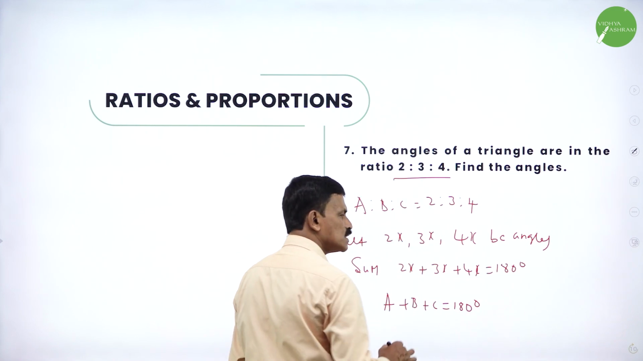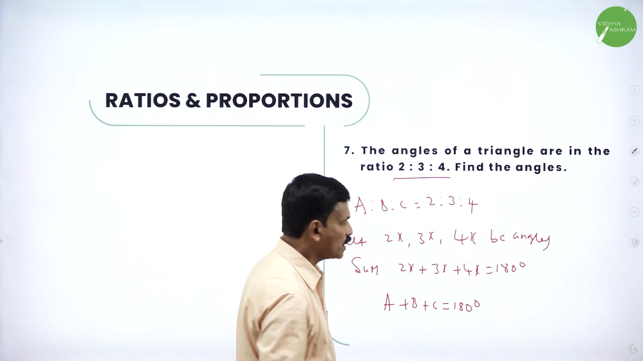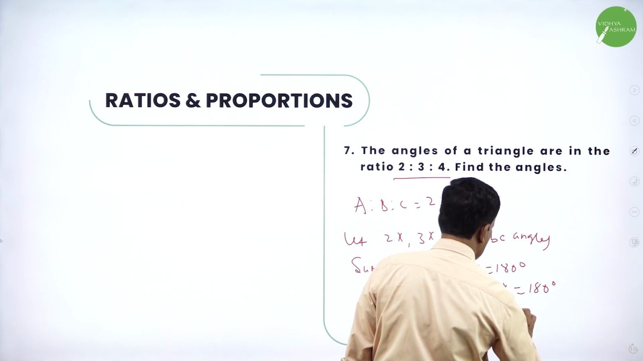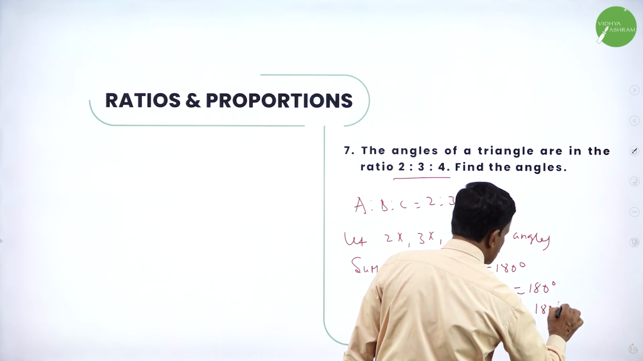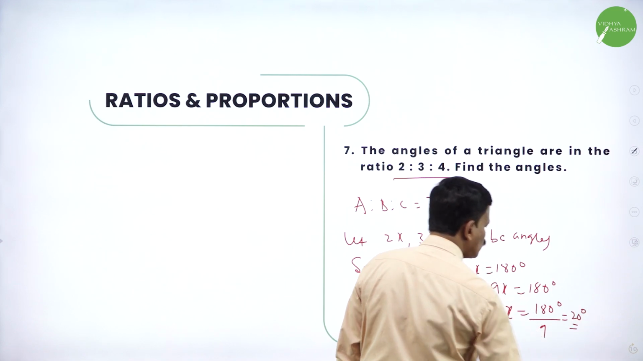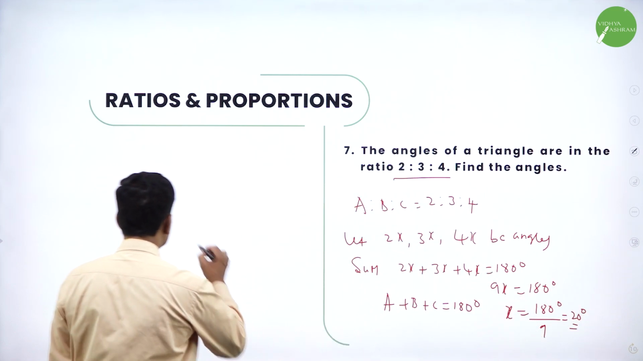That means 4 plus 3, 7. 7 plus 2, 9x is equal to 180 degrees. Therefore, x is equal to 180 degrees divided by 9. That's equal to 20 degrees. x is equal to 20. So, therefore, the angles